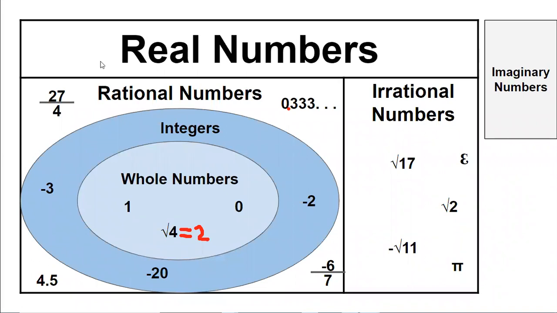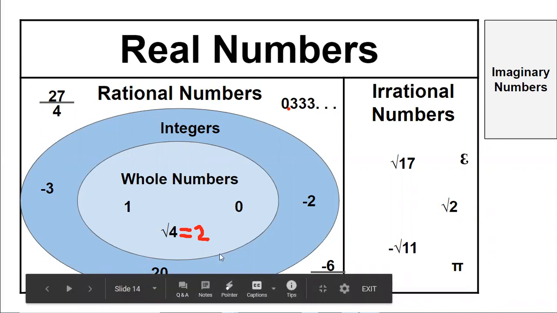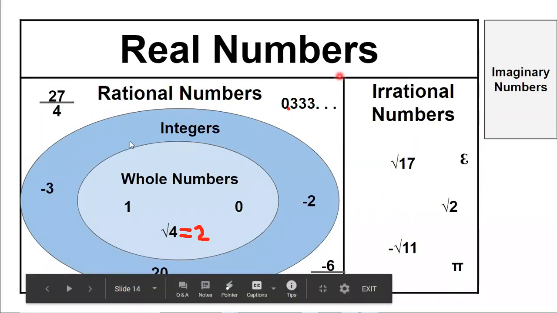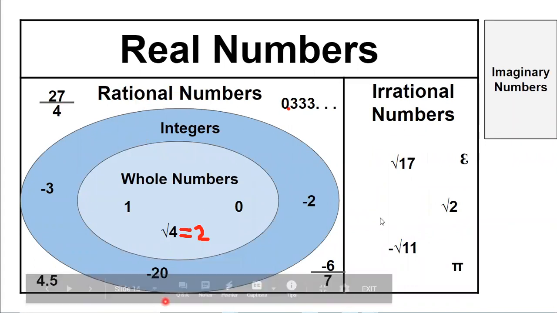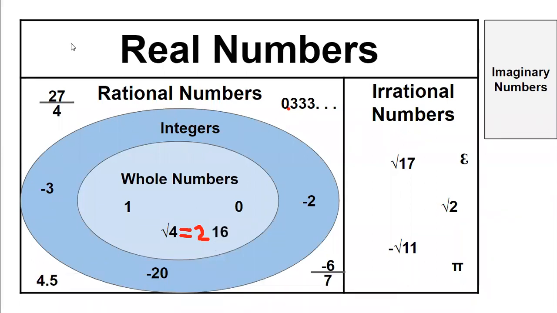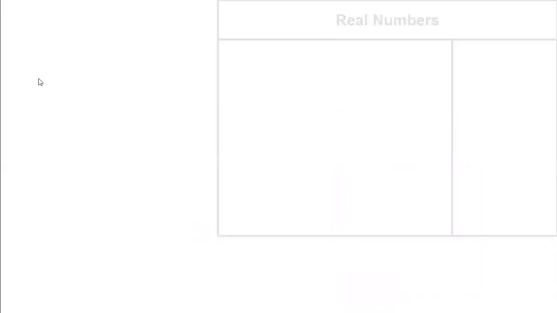So sometimes you'll have to rearrange some of the numbers to classify them. Okay? So we have subsets within subsets. Real numbers include all of these numbers here, all of them. I'll put my little spotlight out. Real numbers include everything except the imaginaries. And rational numbers include all of this. Integers include this, plus this, and whole numbers just include that. So kind of our nice diagram for us. There's 16, another whole number. Okay, let's clear. I'm going to put the chart back up for us as we start to